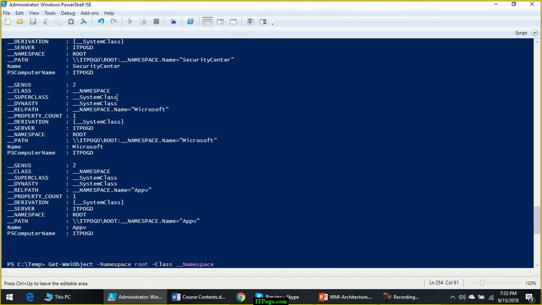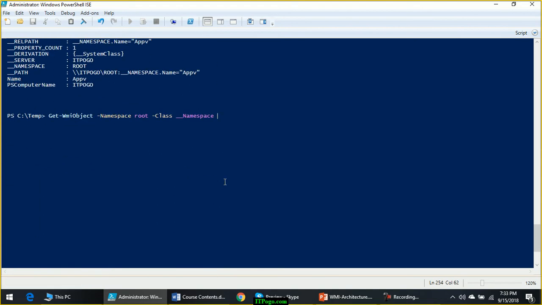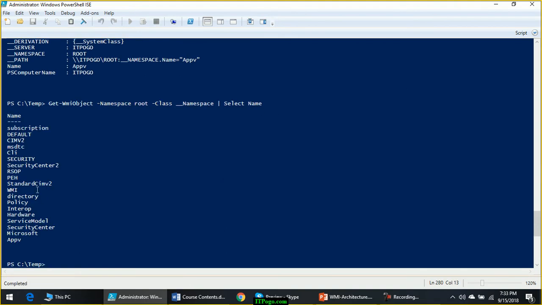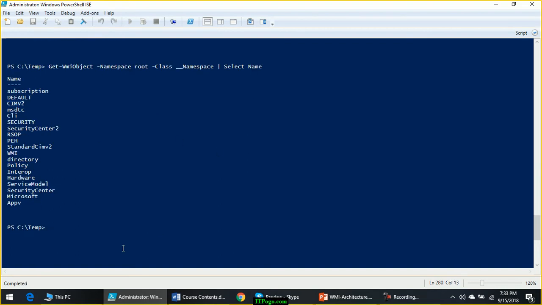Now out of which we are currently concerned only with the name of the namespace, so we will pipe it to Select Name. That's it. These are the only namespaces which are available on this computer. Root, and next to root, like root\subscription, root\default, root\CIMV2, like that.